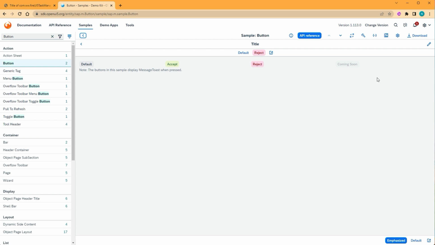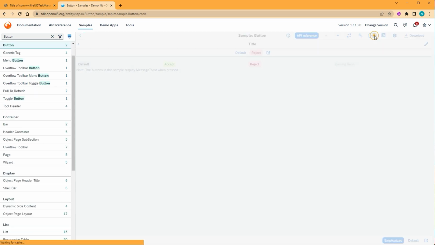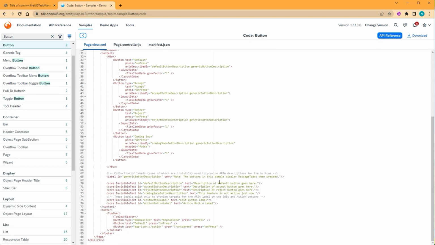Okay, if you want to look at a code, how to create this emphasized button, you can just go to the code and it's at the bottom. So I'll just go here and I'll scroll to the bottom, and you can see in the line 81 there is a button type emphasized. So that's it. So if I want to create it, I just copy this